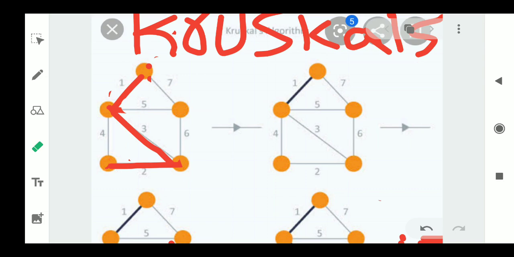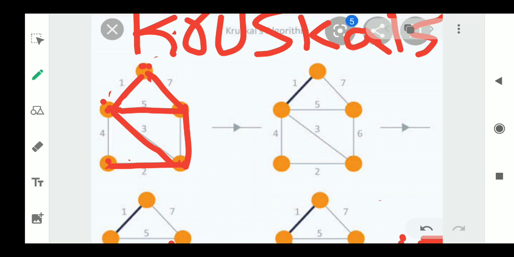So what we have to check is, is there any vertex remaining without being connected to the tree? Only one vertex is remaining, that is 6. 6 is not at all connected. Remaining all vertices are connected, right? So for connecting 6, I will observe the neighbor vertices. What are the neighbor vertices for 6? This one, and this one. So these are the neighbor vertices.